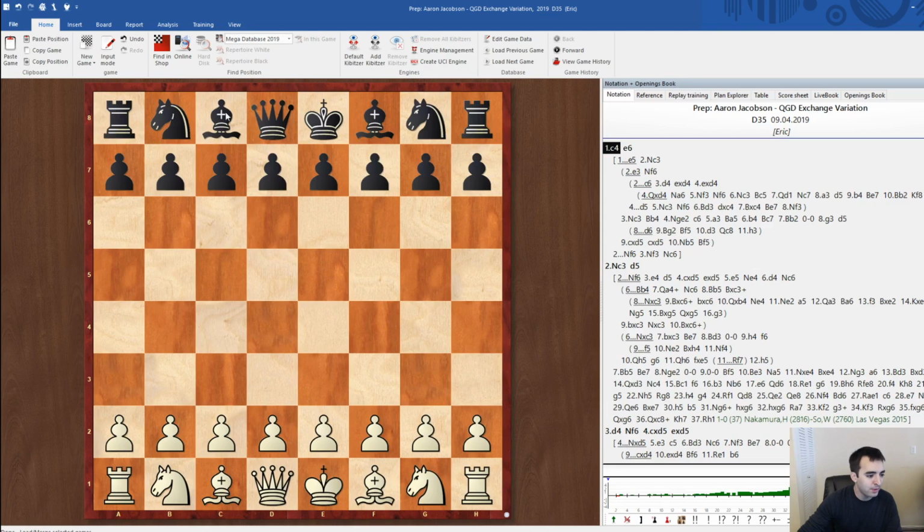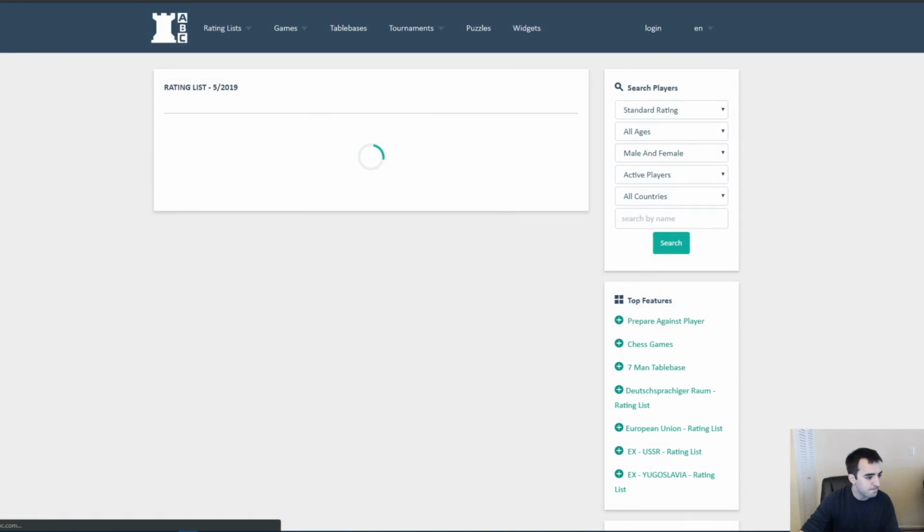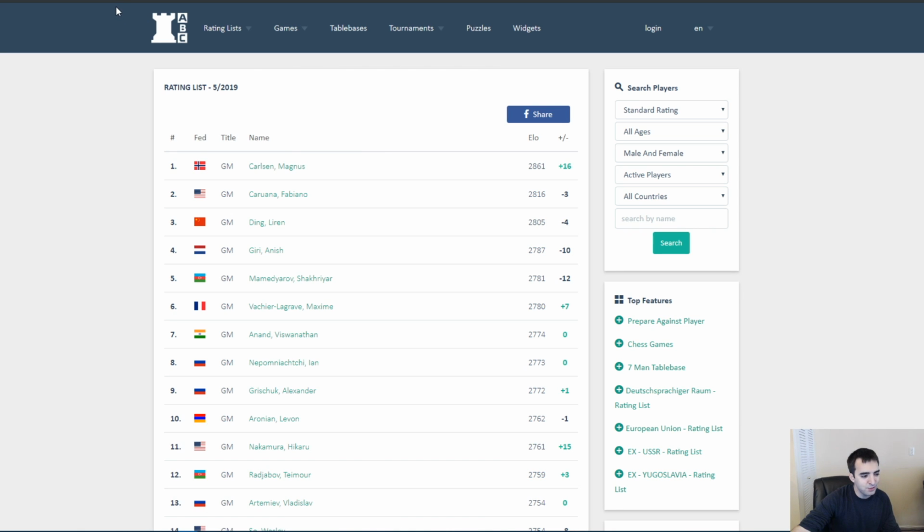But we're going to open up prep for Aaron, and I've already determined kind of the line that I want to aim for. Maybe I can show if we go back to the other view. There's a website that I use called chessabc.com. It's a relatively new site, I believe, and it's just a great tool for preparation, especially against high-level players. So what I did initially was I typed in my opponent's name, Jacobson,